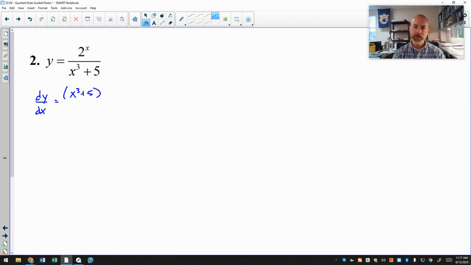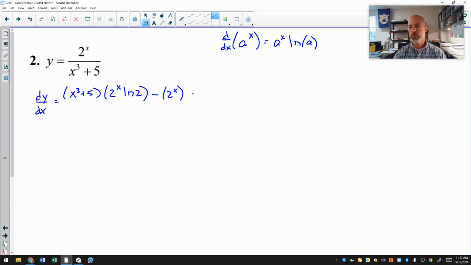D high, now here's one that people often forget. The derivative of an exponential function, if your base is a constant and the exponent is x, is a to the x times the natural log of a. And people forget about that natural log of a part. So the derivative of 2 to the x is going to be 2 to the x, natural log of 2, minus, so that's low d high minus high, 2 to the x. D low would just be the derivative of x cubed plus 5, that's 3x squared,